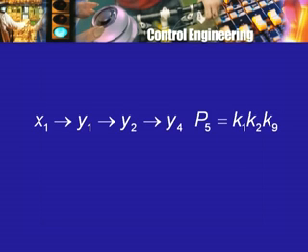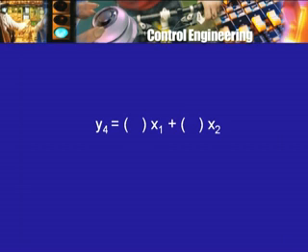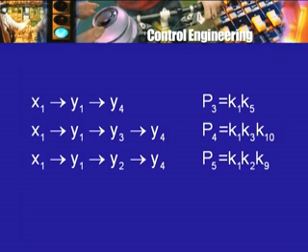And what is the gain of that path? x1 to y1 is again K1, y1 to y3 is K3, and y3 to y4 is K10. So there is one more path. Is there any other? x1 to y1 again. Now instead of y3 I can go to y2, and then from y2 I can go to y4. And what is the gain of that path? Let us call it P5, K1, K2 into K9. So that's the third forward path. So now when I write down that expression for y4 in terms of x1, in the numerator there will be 3 terms. Each one of these forward path transmittances will be multiplied by what remains of delta when we remove certain terms. So, the numerator now has more than one term,